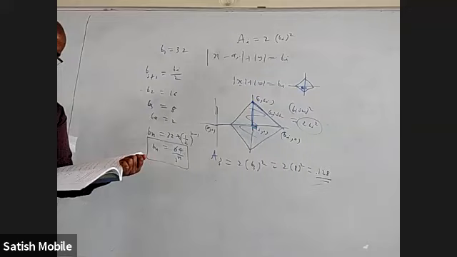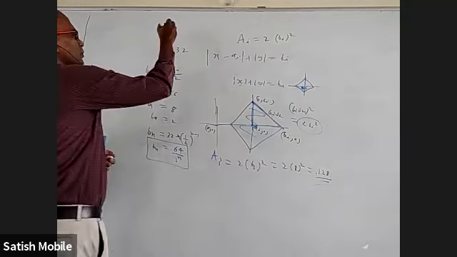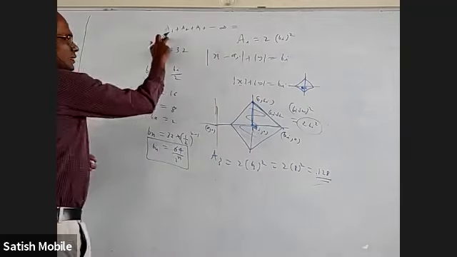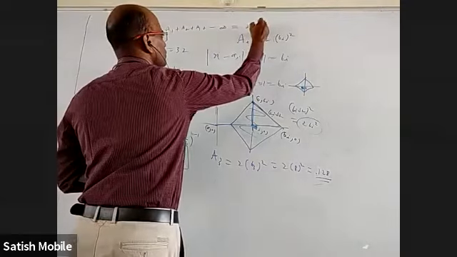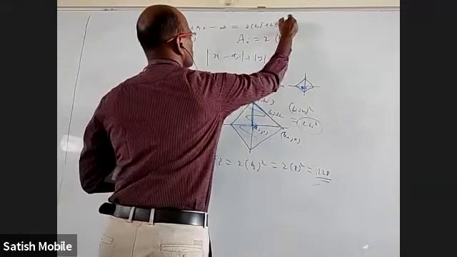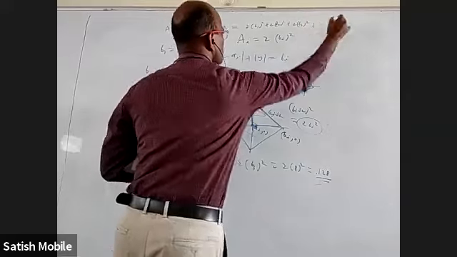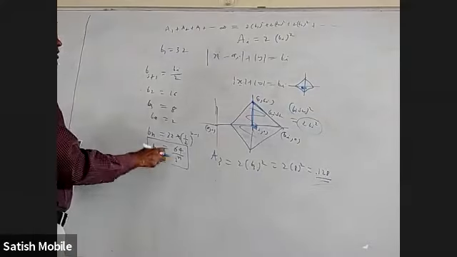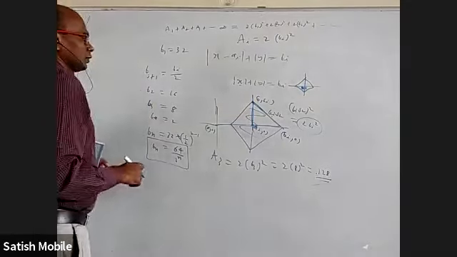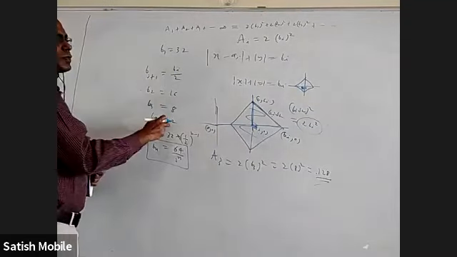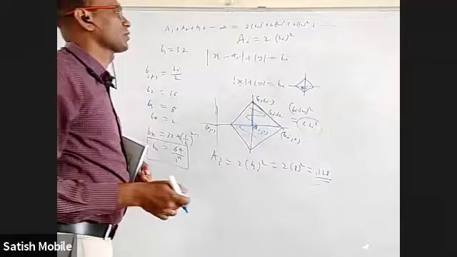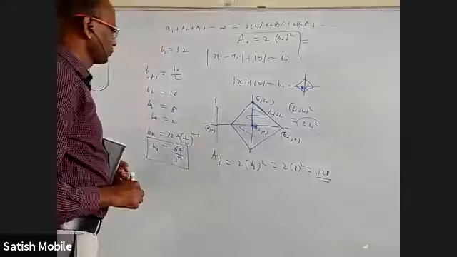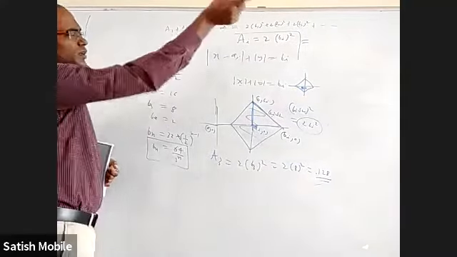Regarding C and D, both want the sum of all the areas, which is a GP itself. So if somebody wants A1 plus A2 plus A3 and so on up to infinity, what is A1? It is 2 into b1 whole square, 2 into b2 whole square, 2 into b3 whole square, and so on. That itself is another GP. What is the common ratio? If we take b1, b2, b3, the common ratio is 1 by 2. If we take b1 square, b2 square, the common ratio is 1 by 4, because this is a GP with common ratio 1 by 2, so the squares have common ratio 1 by 4.